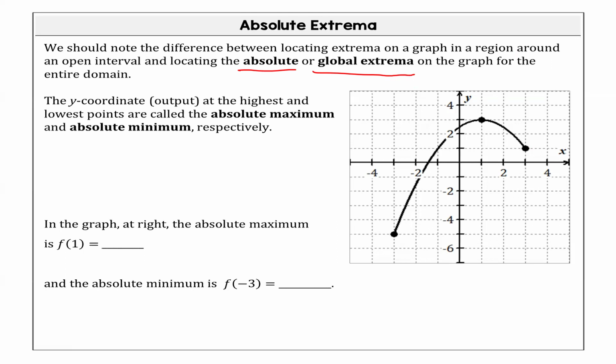All right. So if we look at the one that we have here, I don't know if y'all can see the points, but I'm going to label them to make sure that we're all on the same page. So this is at -3, -5. This one's at 1, 3. And this one's at 3, 1. Agree? All right. So if we're looking for our absolute, is there an absolute high